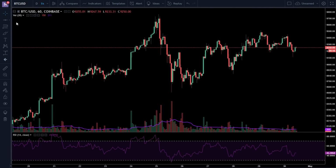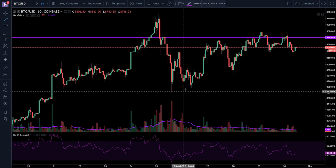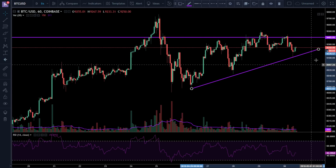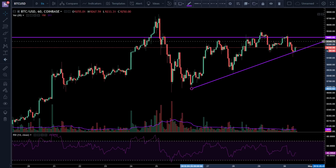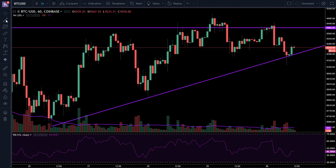So let me go ahead and show you what we've been seeing here on Bitcoin. So far, the main area, we know, is 9,400. That's what we've all been watching. And I'll go ahead and draw a trend line here, just connecting these lows, and you'll see, whoa, what is going on here? That is not purple. Okay, look. And so this is what we've seen here. If we just connect these lows right here, we saw that we actually held the trend line in this area. But to zoom in and just talk a little bit about the price action, we'd see,